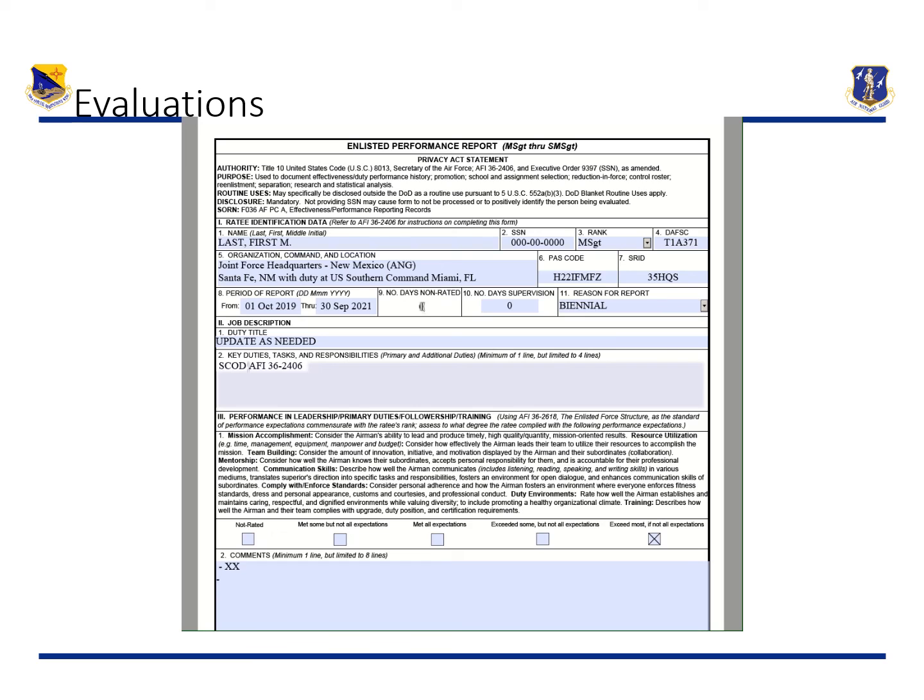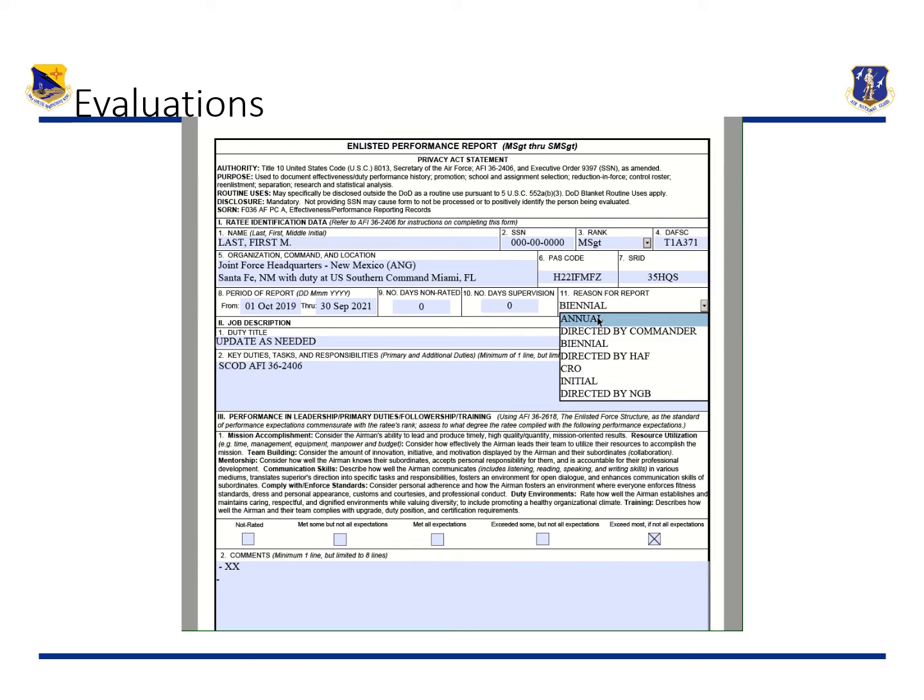You should never have any breaks in rating, so make sure that you verify this, but again, it should be 0 for days non-rated. And days of supervision, again, if you're doing a biennial, then it'll be 364 days times 2. That'll equal, I have no idea, I'm not a huge math specialist, but I think it's like 720. And so you'll put that number there accordingly.